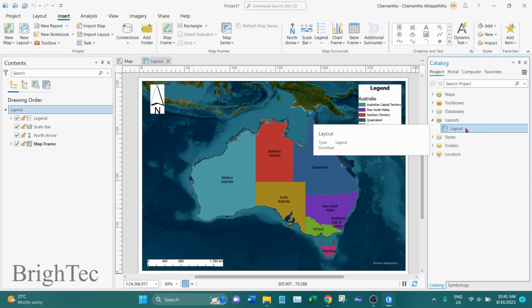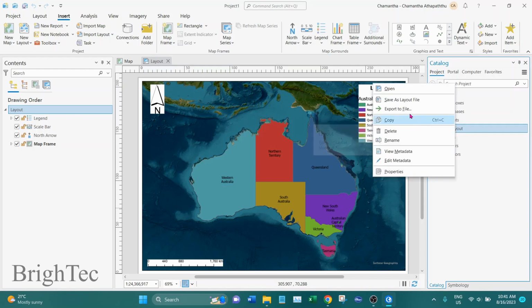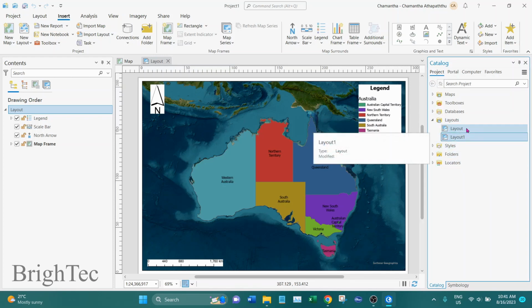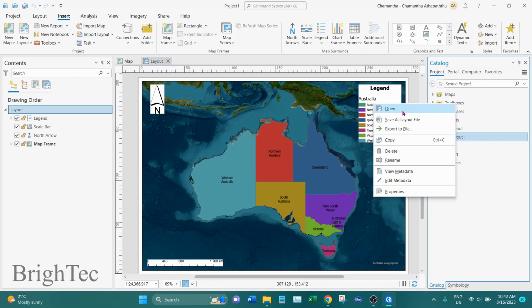To do that, I will right click and click on copy, and then right click on the layout group and click on paste. So it will create a copy of the layout, so that now we have a duplicate of the layout that we just created. So I will open that layout,